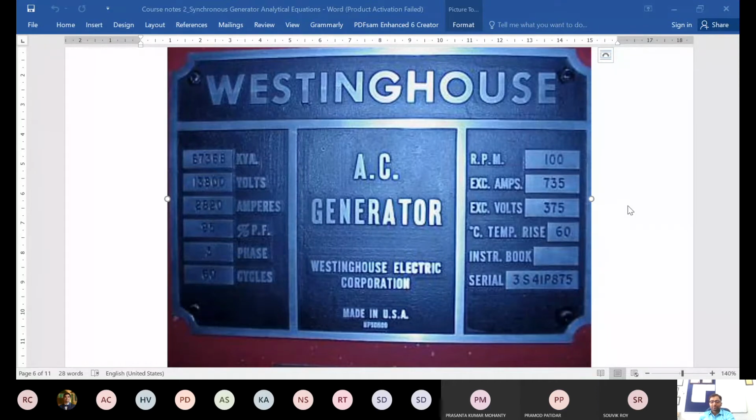Yes, Savik. Sir, the number of poles is fixed. We cannot do anything with that. If we change the excitation current, it is directly proportional to speed. We can change the speed to some extent. Speed is also constant. It's a synchronous generator. No, sir. By changing the excitation, if we want to operate at 50 Hertz, by changing the speed, we can operate that, I guess. That will also run in synchronism.